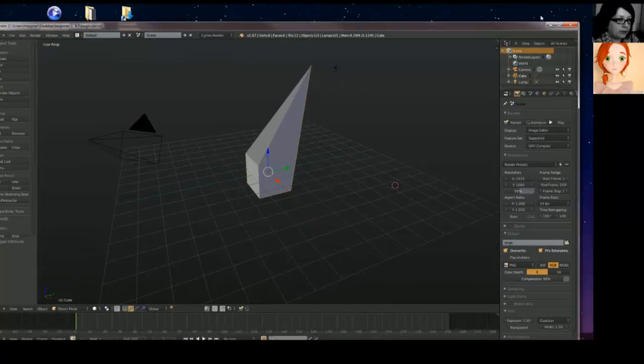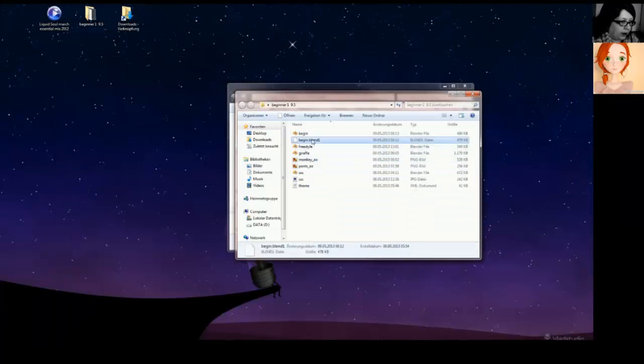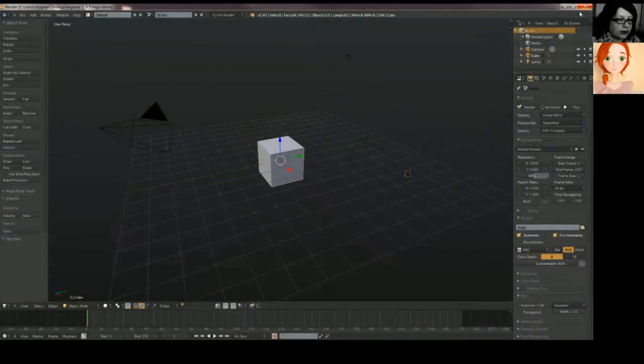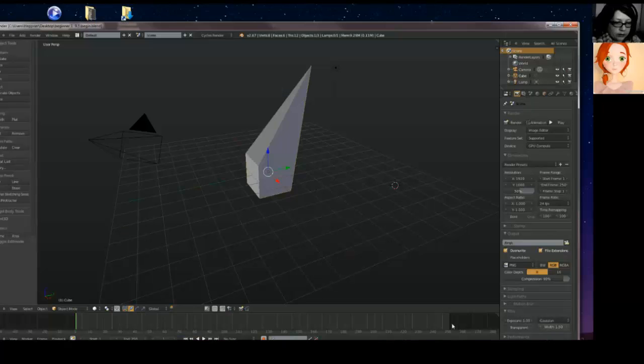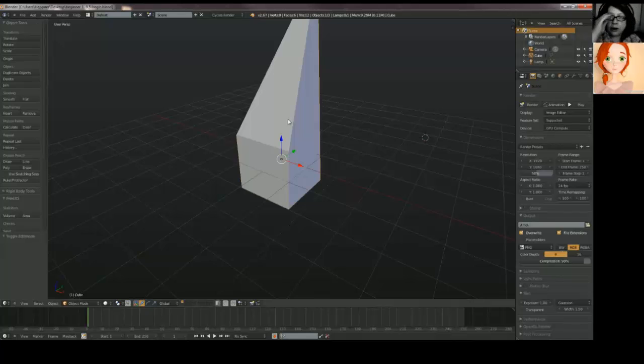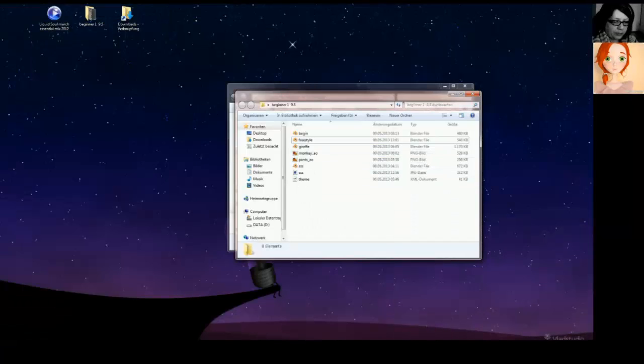When I change everything and save it, there's another blend1. Delete it. When you search your computer for blend1 files, delete them all. They take so much space on your computer.